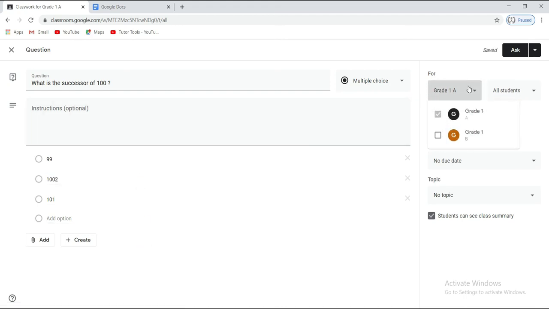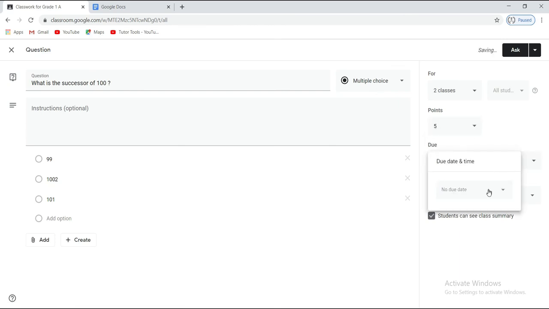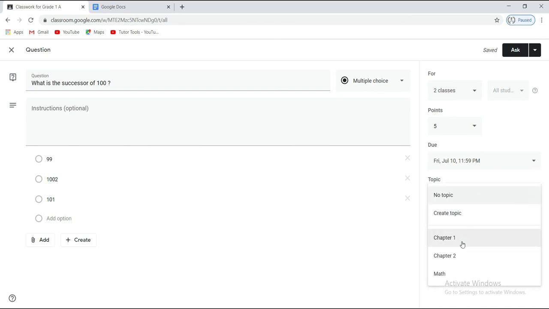You can assign it to multiple classes. Of course, scheduling one class at a time. Assign points, 5 for example. Give a due date and time and add it to some topic.